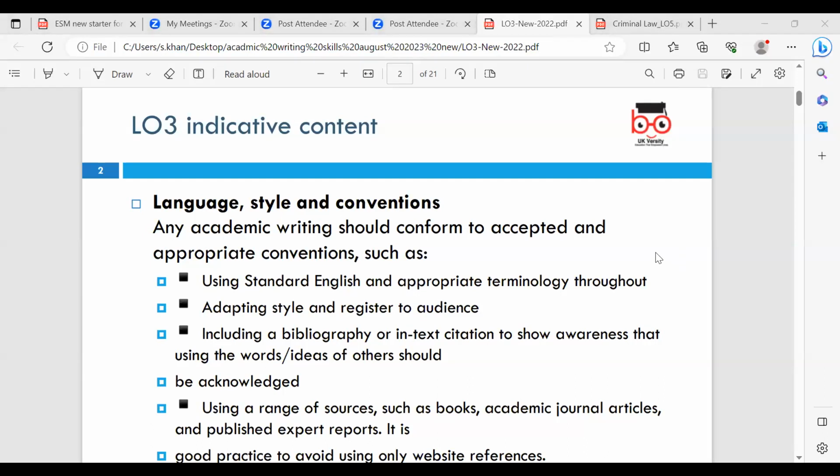And what are you doing if you're putting something in your assignment and you haven't referenced it? What are you doing? Are you plagiarizing? Yes, if you don't reference it, yes. You're copying, aren't you? You're copying someone else's work. But you're saying it's your work, aren't you? You can't do that, can you? Because you will get done for plagiarism.